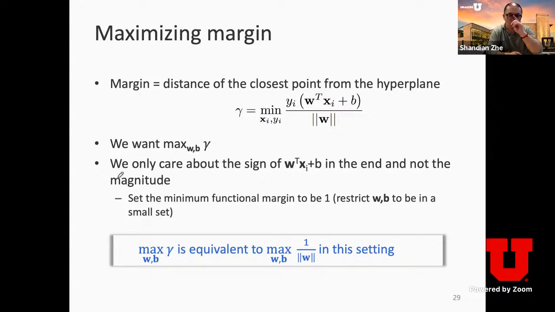So then, knowing that our goal is to maximize margin, we need to turn this strategy into some actionable optimization problem, right? Our naive formulation follows the original definition of margin. Margin is the distance of the closest point from the hyperplane. So if you write it down as a mathematical formula, you're just minimizing the distance across every training example, right? This is the formula to calculate the distance between an arbitrary point and the hyperplane determined by the weight vector W, right? And then in the outer level, we maximize this margin with respect to W and B,